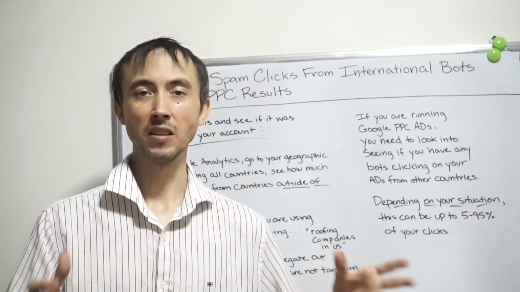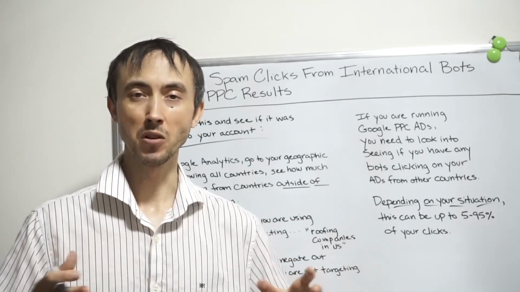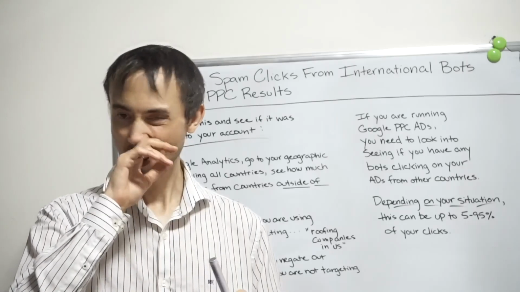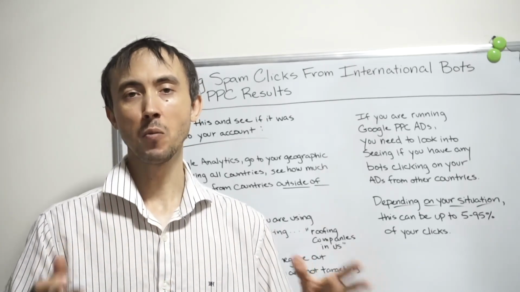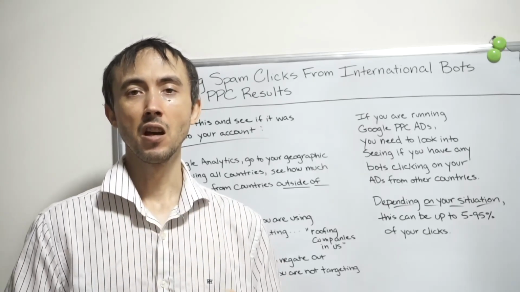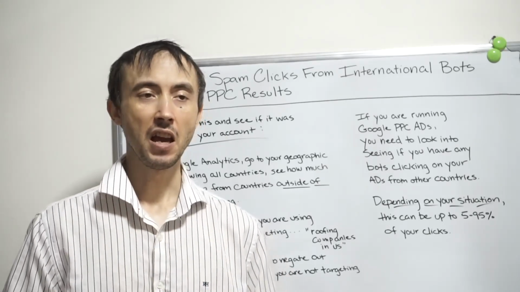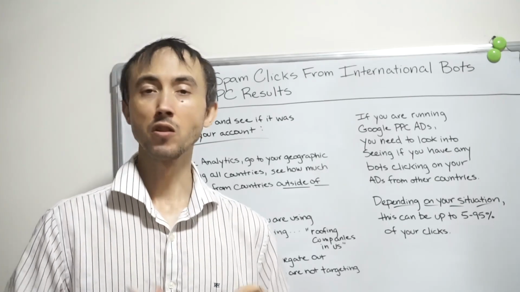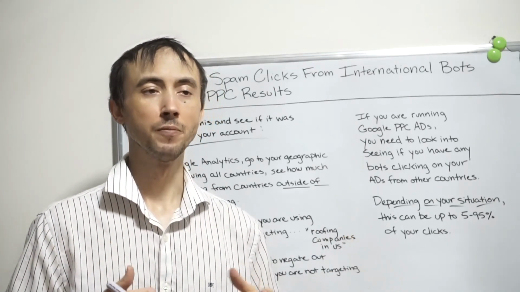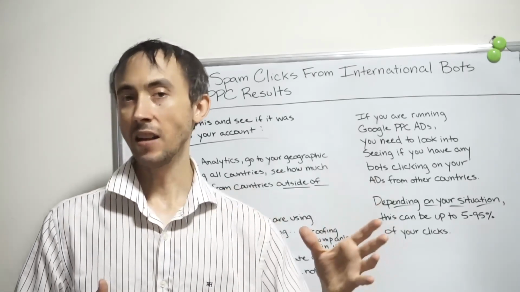Also with that said, what they will actually do, and this is something I've witnessed personally, which is why I'm telling you here, is this bot will be programmed to type in something like roofing companies in the US. And then the bot just searches that over and over again every day. And there's more than one person doing this, so if they type that in, any ad that it finds,